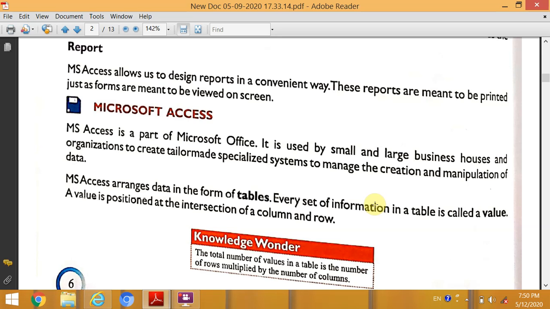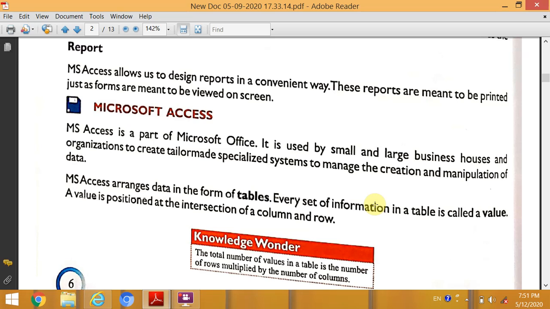Microsoft Access, as we discussed earlier also, is a database that can store all the information related to organizations, institutions, business houses, and it has the facility to easily retrieve stored data from the database. You can query data, you can make reports of data that you stored in a database.